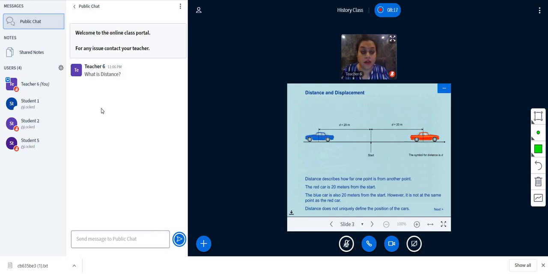But if, as a teacher, when you are explaining a particular concept, any student has got a doubt, he can raise a hand to ask a doubt. For example, if you can see here, student 5 has raised his hand, telling that he has got some doubt to be clarified.